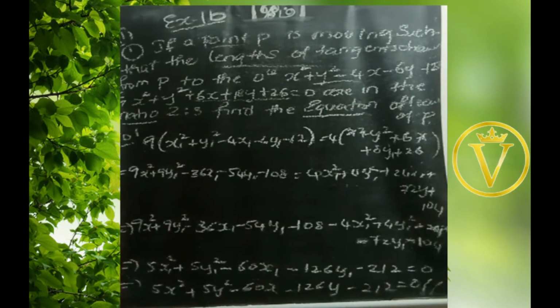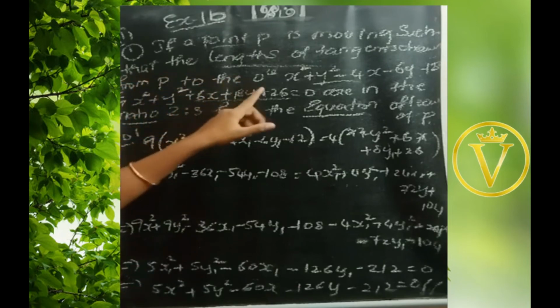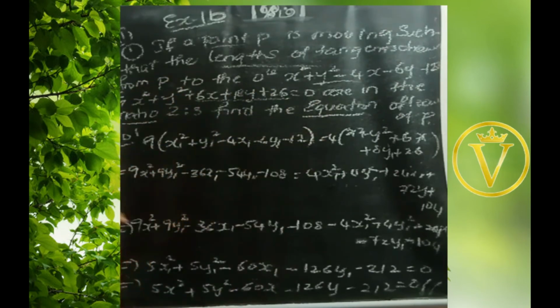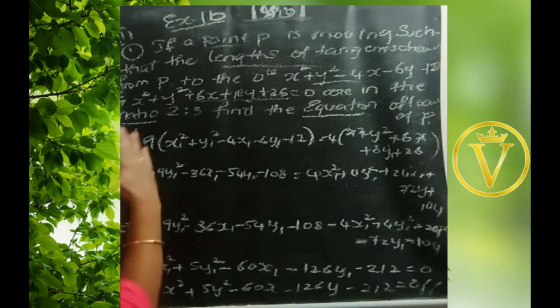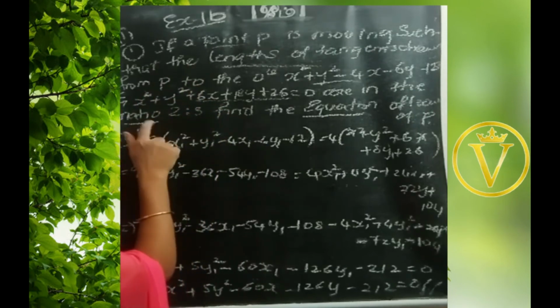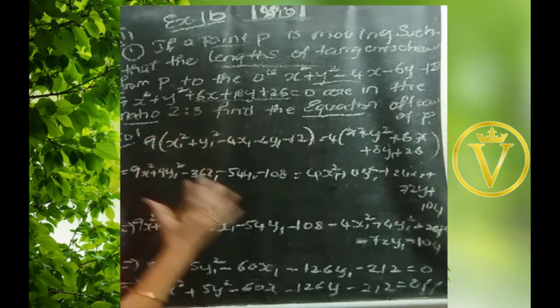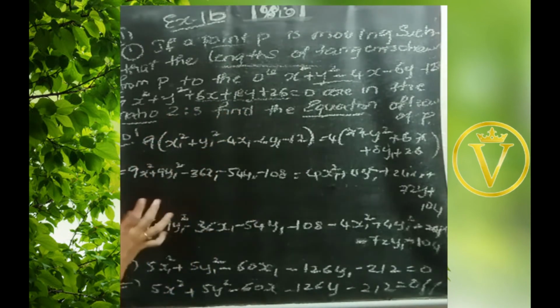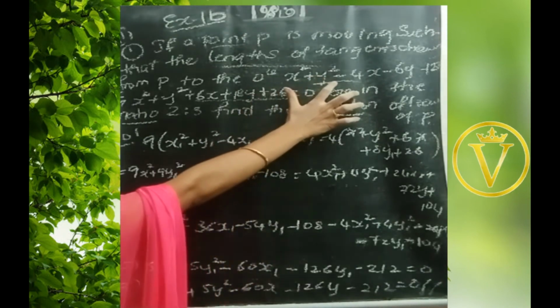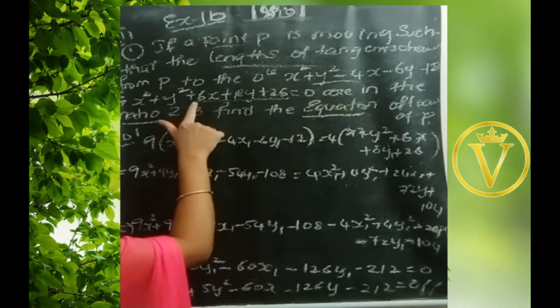Very simple. First we have to represent a point, either x1, y1 or x and y. The given question is the length of the tangent from the point P to the circles. They have given two circles and the ratio. First we assume the lengths of the tangents as PT1 and PT2, and apply the condition for the ratio: PT1/PT2 = 2/3, and make the cross multiplication. PT1 is given by the formula root of S11. This is the first equation; first substitute here, and then the second equation.